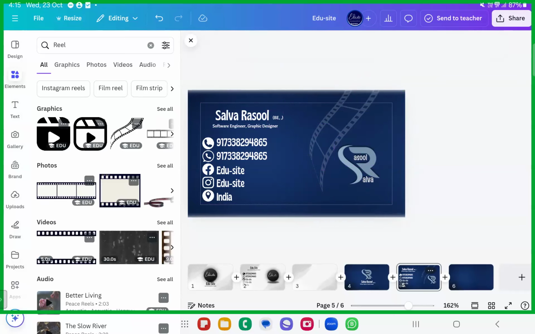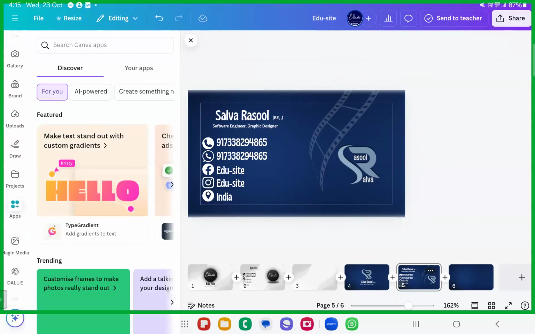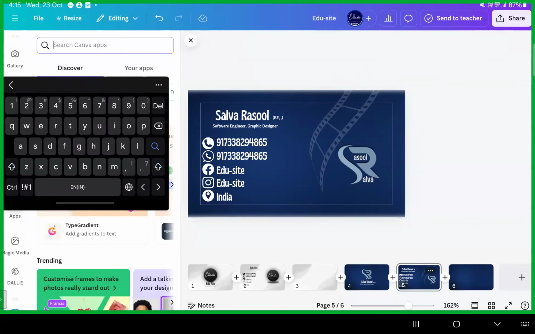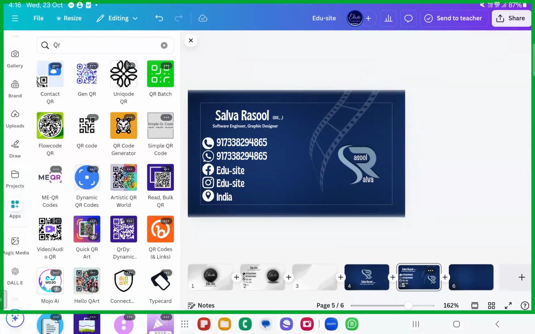Okay. The next thing, even in this one, you have something called a QR code. Hopefully, you know that QR code. In the business cards, you can add your QR codes. QR code is nothing but if they want to scan your location, or scan the WhatsApp or something like that, then you can just generate your own QR code with this application. Go to the apps, okay, write QR code there, and you can have a contact QR code if you want, or a simple QR code. Okay, you can go ahead with the contact QR code or QR code, whichever you want.